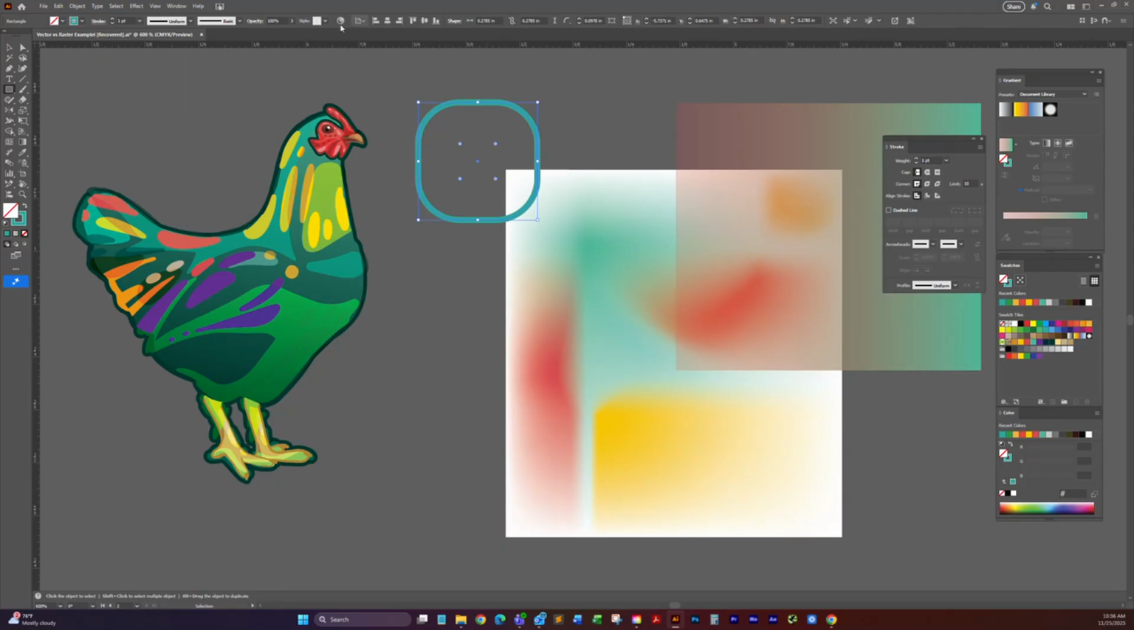You can also see up here some of the attributes in this contextual taskbar are the same way. Once you get used to using Illustrator in a certain way, it's two ways to get to the exact same thing. But you can increase the stroke, you can change the attributes of the stroke. Say I had